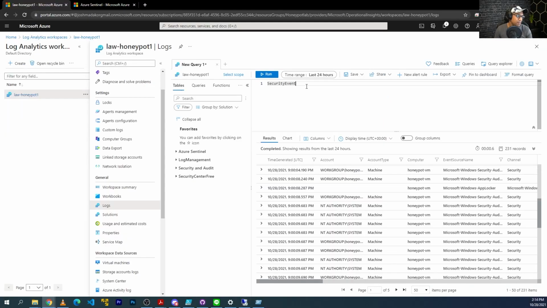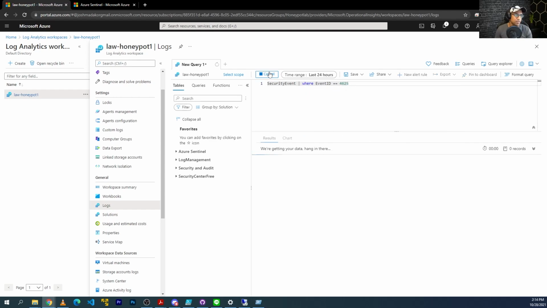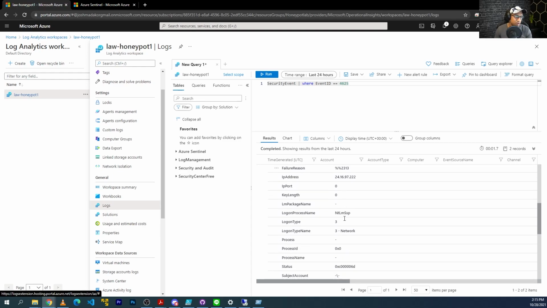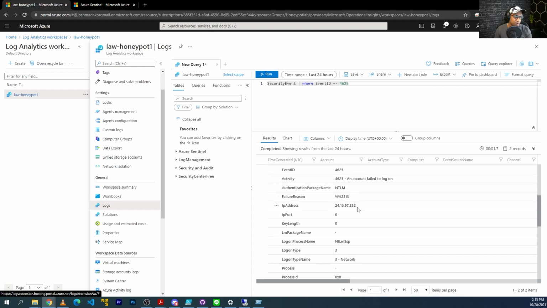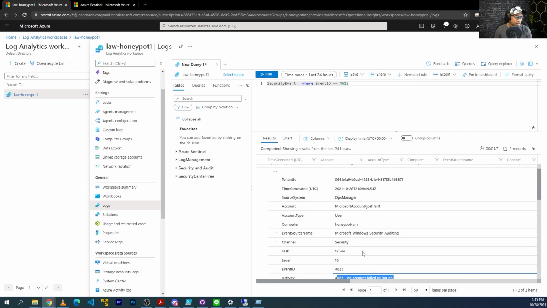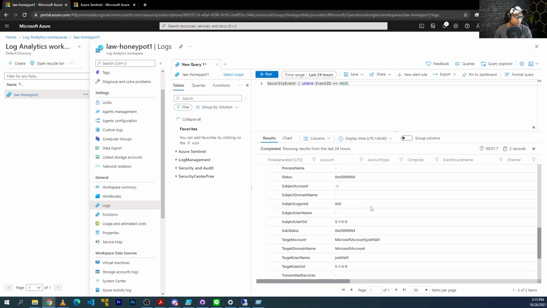So for example, security event, and we can say where event ID equals 4625, and then run this. This will return all of the failed RDP logs. For some reason, I would have expected to see 3, but anyways, these are the failed RDP logs. If you expand them, you can kind of see the stuff in here. Like you can see the IP address, right? And account failed to log in, and then you can see my username that I tried to log in with,